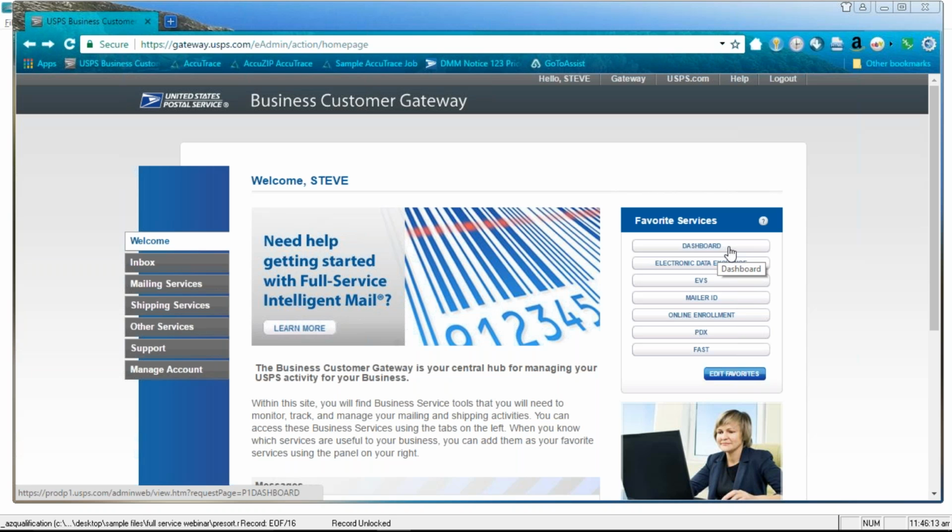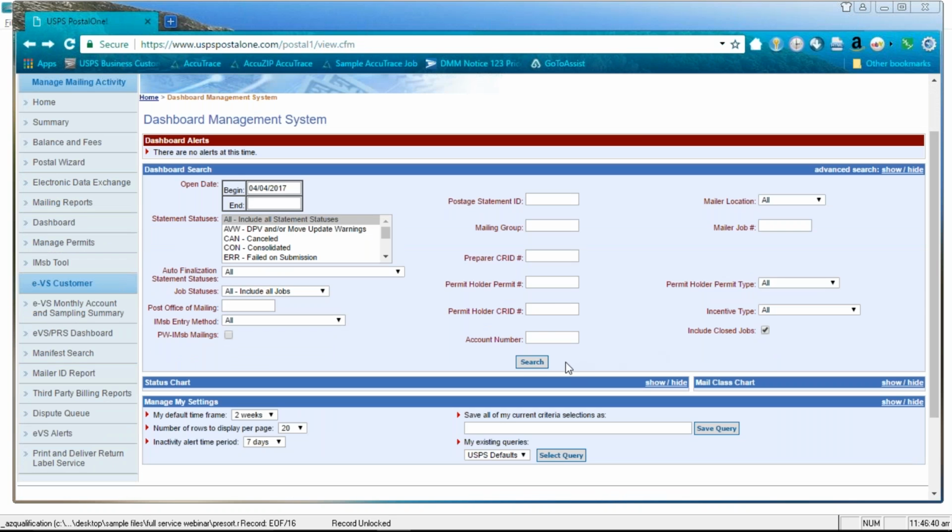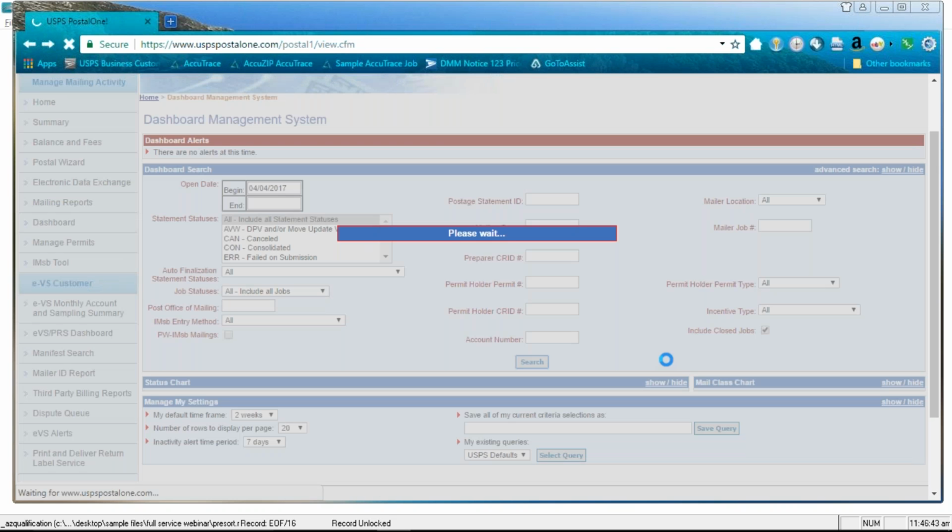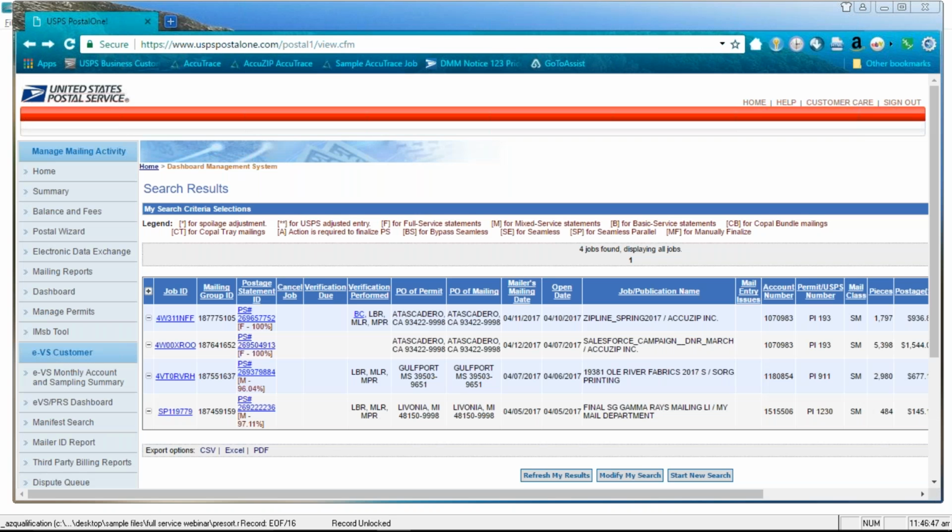So I'm going to hit the dashboard button. Excuse me. And now in the dashboard management system, I want to look at my mailing statement. So in statement statuses, I'm going to choose all. I recommend checking this include closed jobs box and then hit search. Okay, and so what you'll typically do here is you'll end up seeing your job ID listed among these jobs. And all you have to do here is under the postage statement ID column, click on the postage statement. So I'll click on this link,